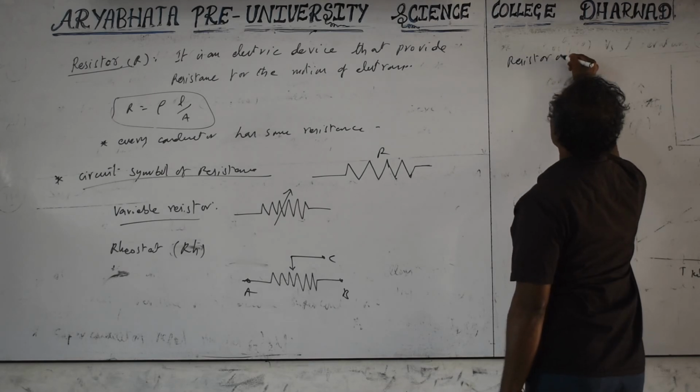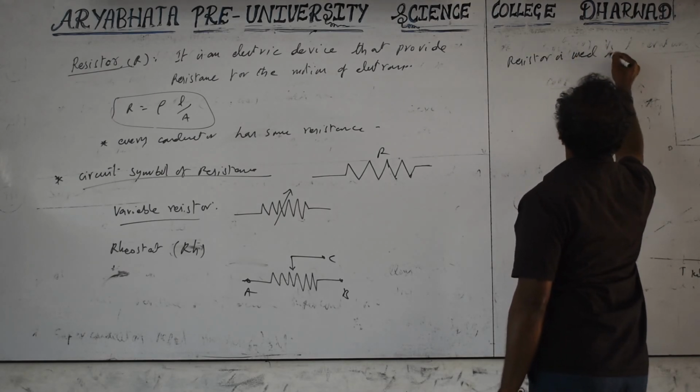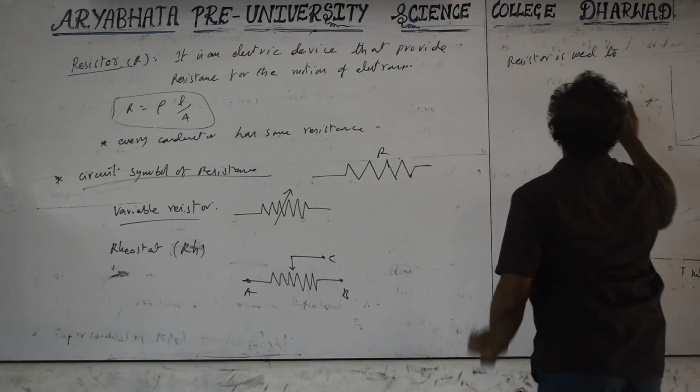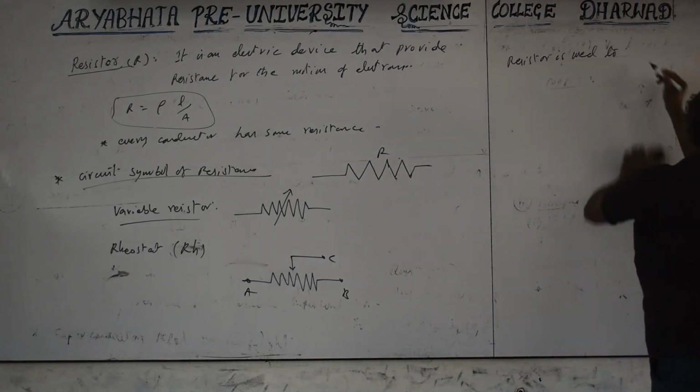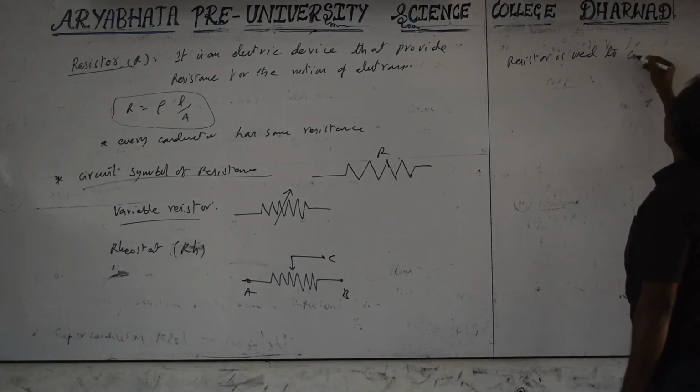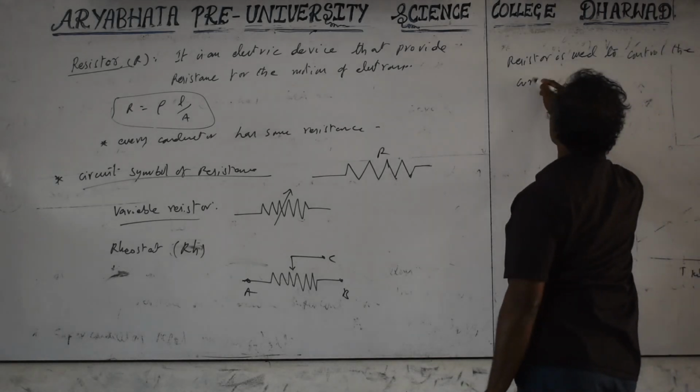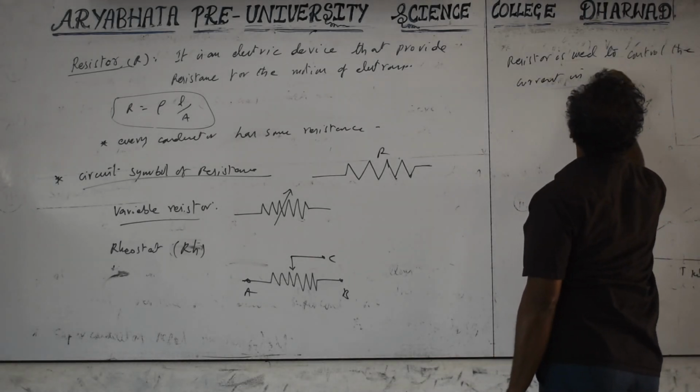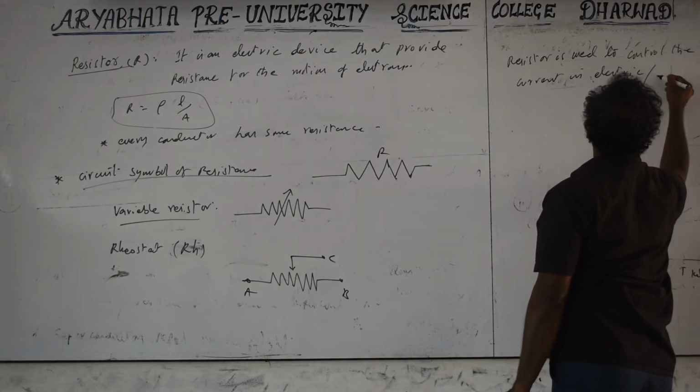A resistor is used to control the current in electric or electronic